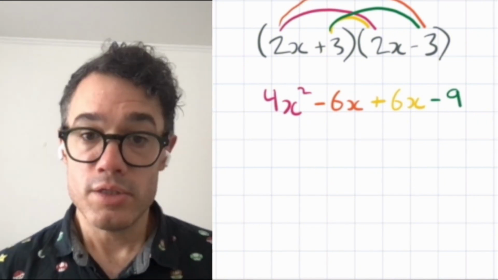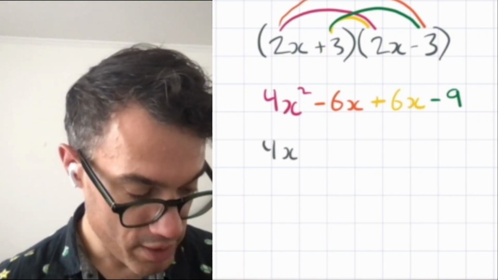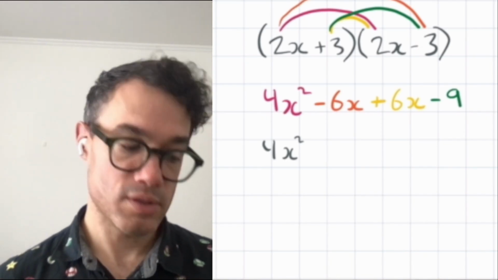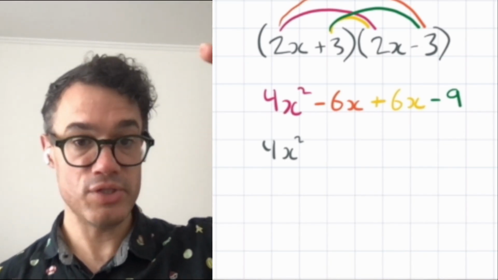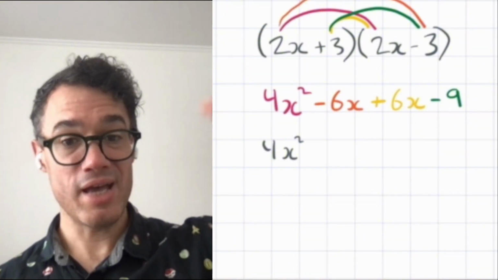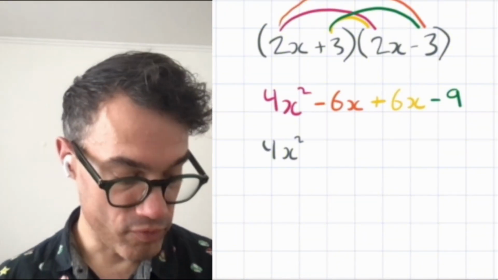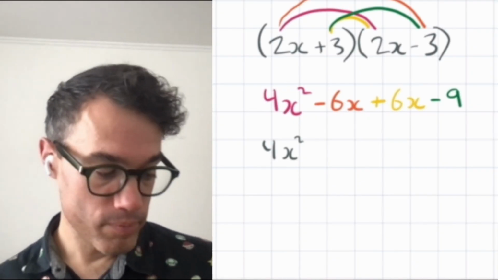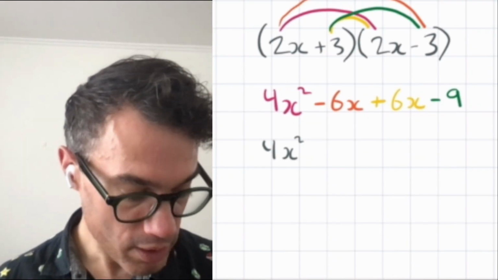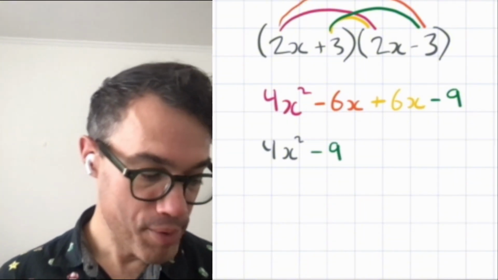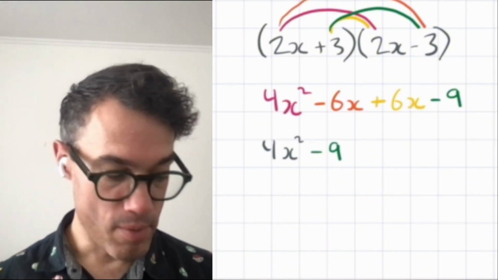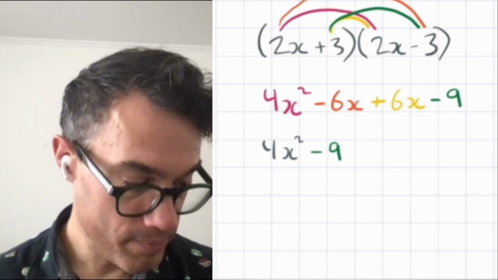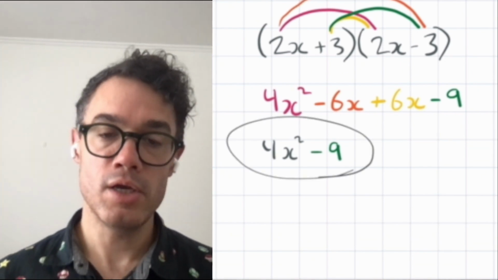This can be simplified. We keep our 4x squared. Can't do much with that. Negative 6 plus 6x. We're here. We're at 0. We have negative 6x. We add 6x. That brings us right back where we were before. It's just nothing. It's 0. I could write plus 0 here, but I'm just going to leave it. And I'm going to move on to our negative 9 because plus 0 is just implied in math. And now our ending result is 4x squared minus 9 using the rainbow method, which you could do with colors